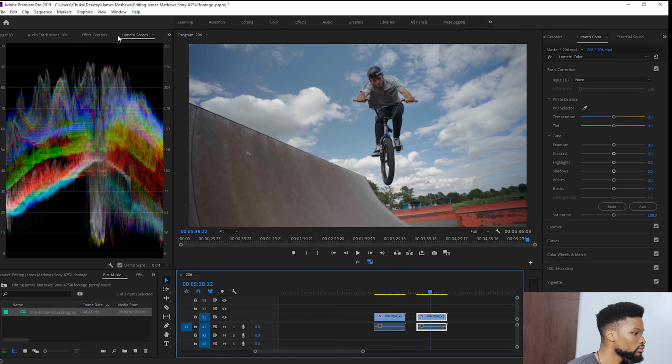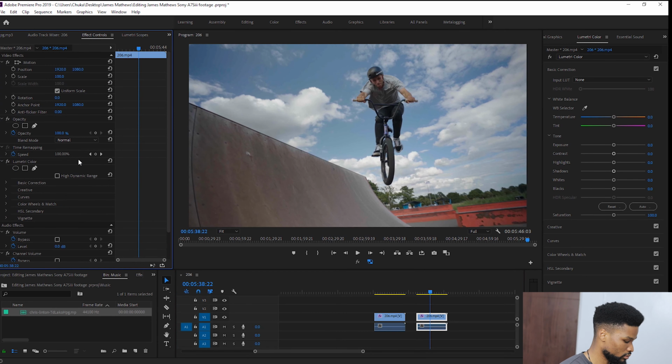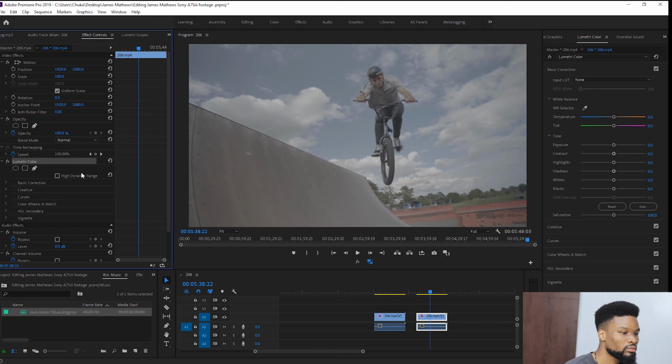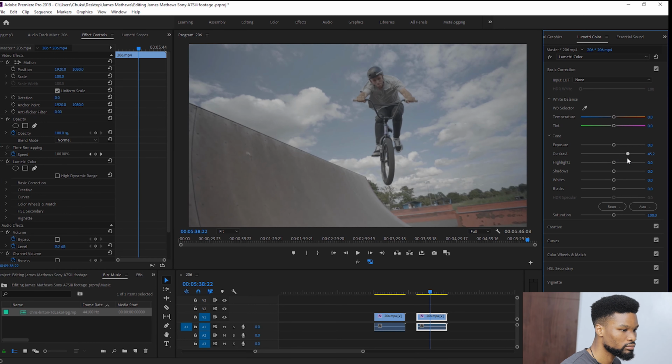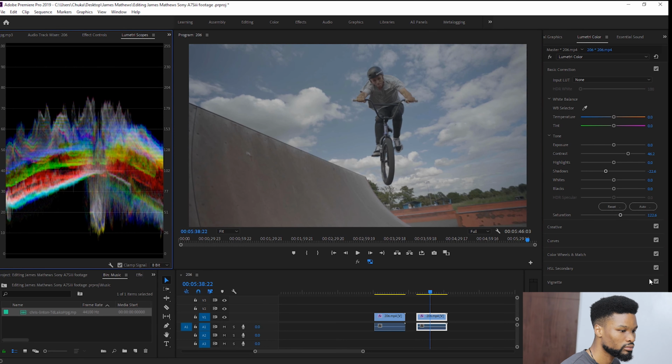Let me reset the color grade in a duplicate clip and start color grading from scratch without any base LUT this time. Let me see how easy it is to color grade this footage with just the basics. Taking up the contrast, taking down the shadows a bit, taking up the saturation. Let me open the Lumetri scopes again to see what I'm doing. Let me ensure I'm not clipping in the highlights or in the shadows. Taking up the saturation more.